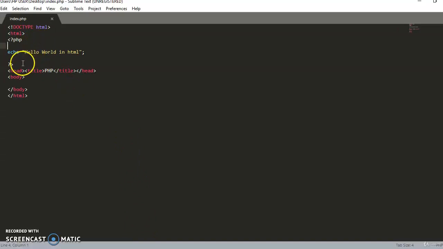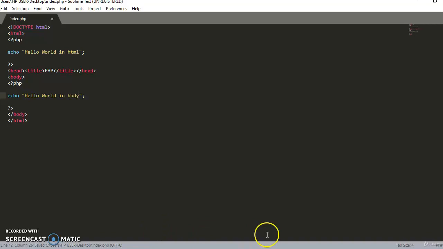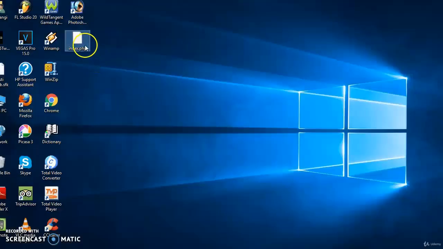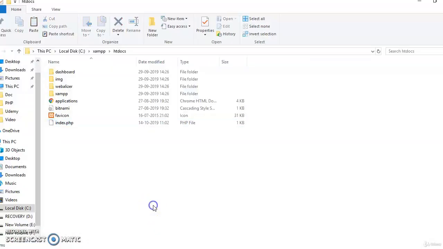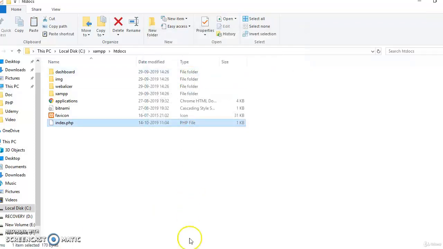One more thing I want to show you: can we have only one PHP tag inside one program, or can we have multiple? Let's check this out. I'll be pasting it again. Besides HTML, I'll write body and save it. I'll do the same thing again: go to the desktop, copy, paste it in the htdocs folder, replace the file in the destination.